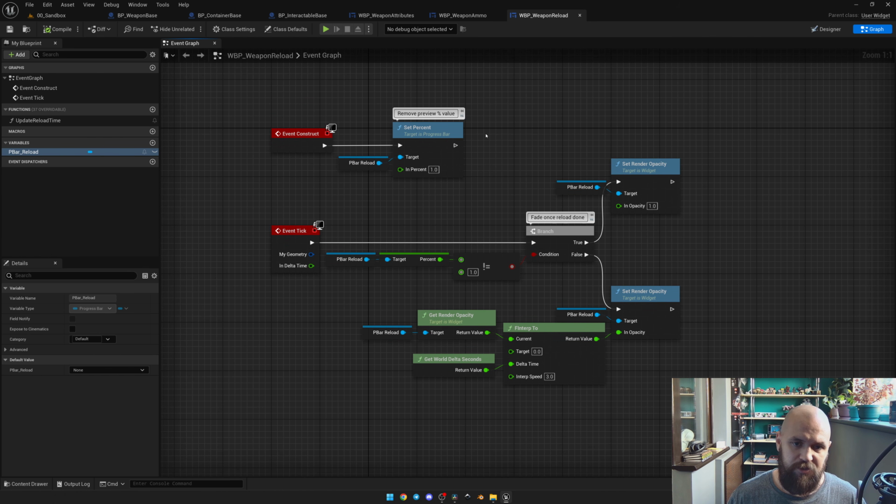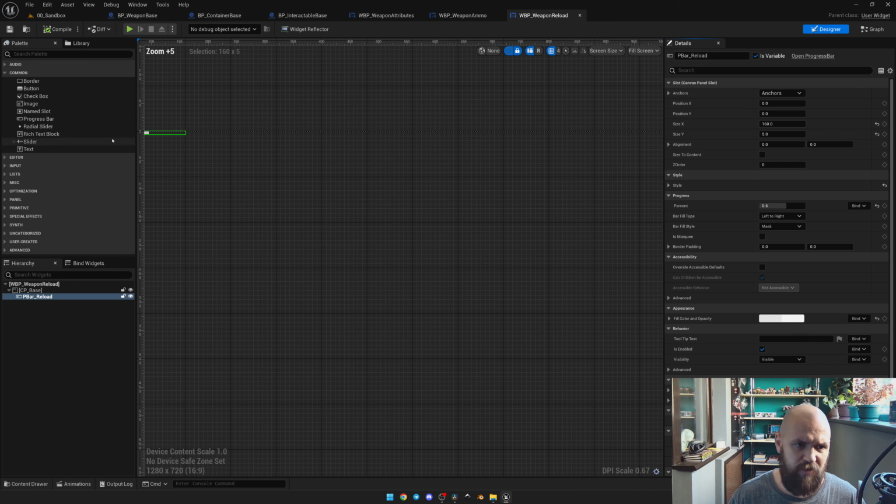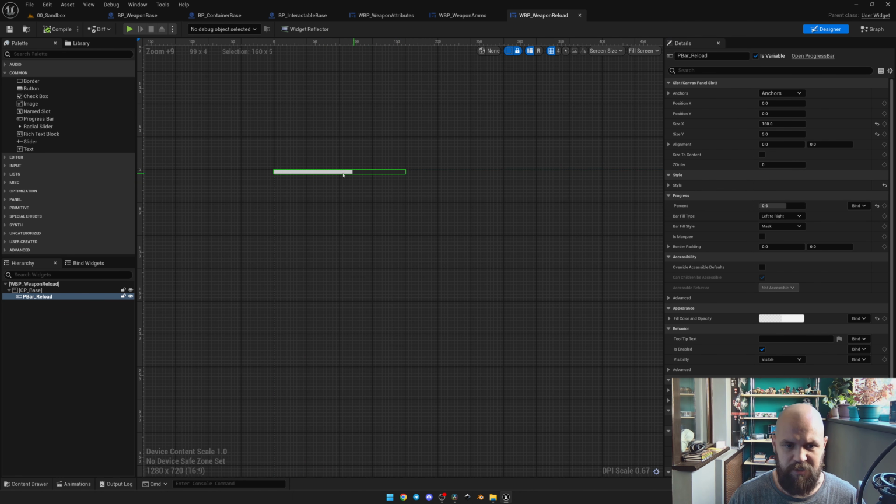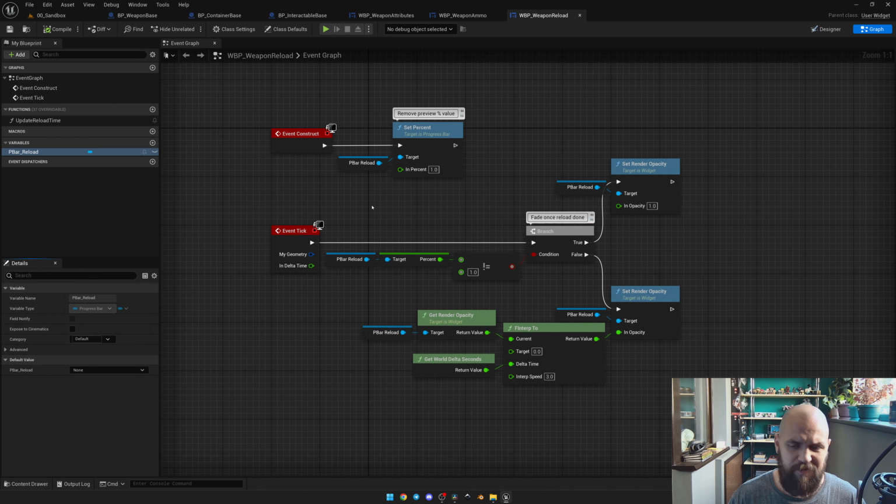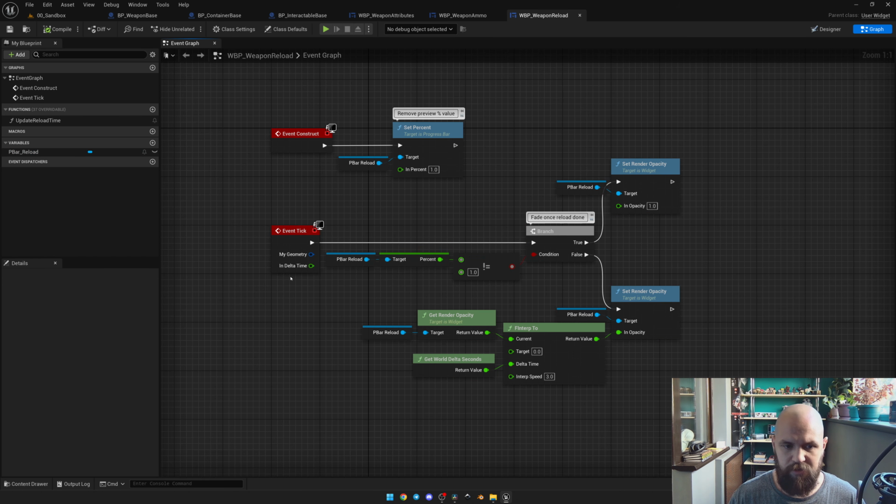And just to remove the preview value that I have right up here, just for me to see how it looks. By default it has 0.6 on the event tick, and yeah, it may be done better, but it's just a temporary decision to make it on a tick, not on a timer, or maybe on demand. From the progress bar, I check the percentage. Even if it's not equal to 1, I need to fade it. So I need to set render opacity